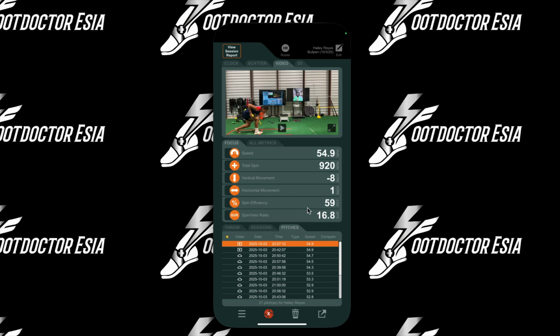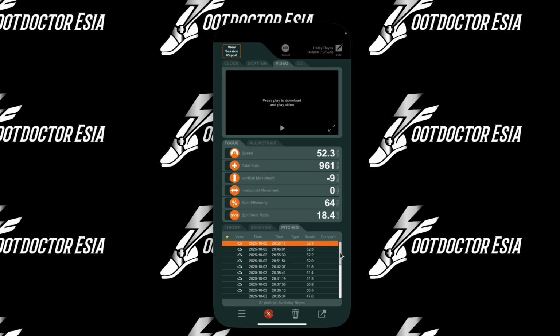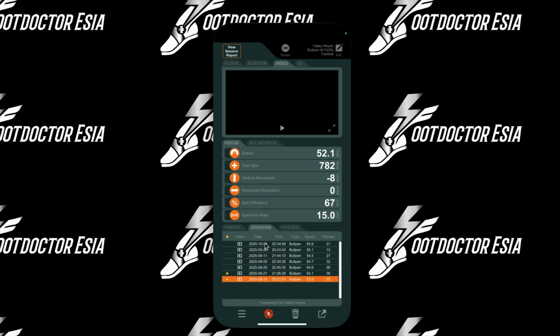But honestly, especially when we're just throwing fastball, as they get more consistent with their motion, you're also going to see improvements in how much it's spinning. Because if we look at the total spin right here, let's go to her high-end sessions. Let's go to that first session again. Pitches, 53. She's throwing it 735, 879, 807, 612, 782. And that was 815. Now, a month and a half later, almost 2 months later,